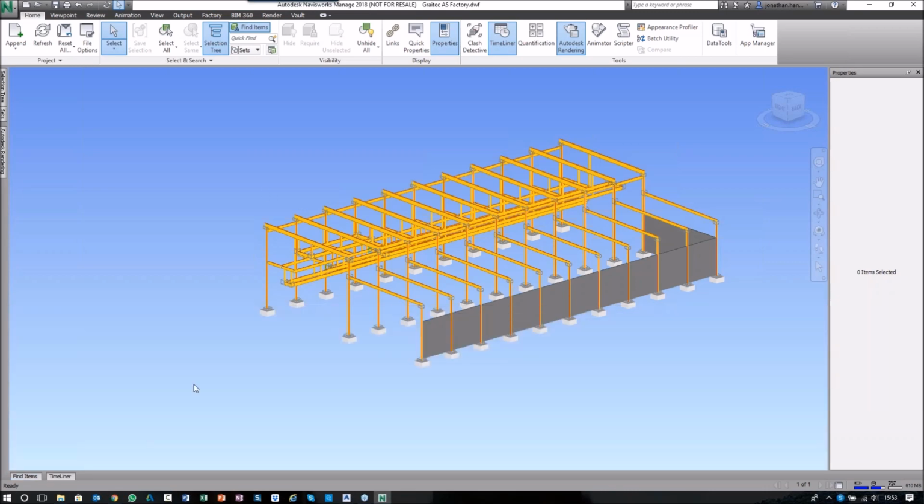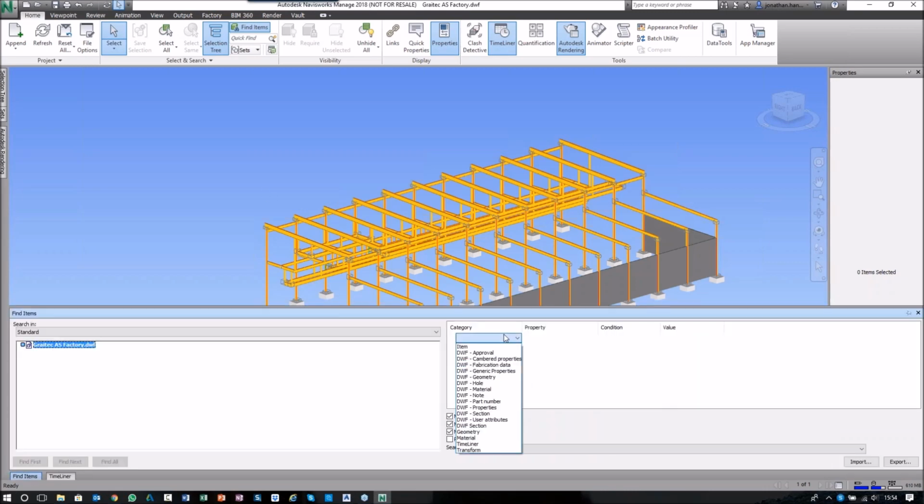So when I look at my project, I go to Find Items on the category. You can see that it takes all the Advanced Steel data across, the stuff that we're used to, so the approval statuses, geometry, materials, notes. But if I look, for instance, at the section type, I can then choose a property based upon the section type, which is based upon a profile. The condition, if I say is equals, will drill down my complete project and show me all the components that are there. So if, for instance, I select the 203,